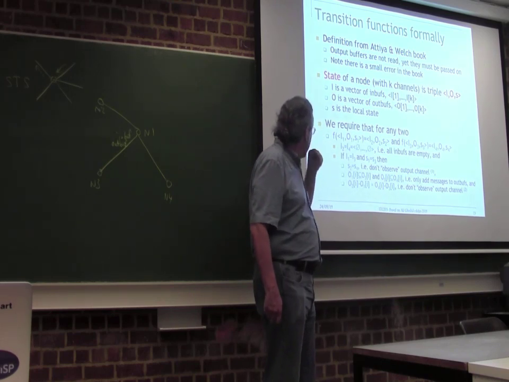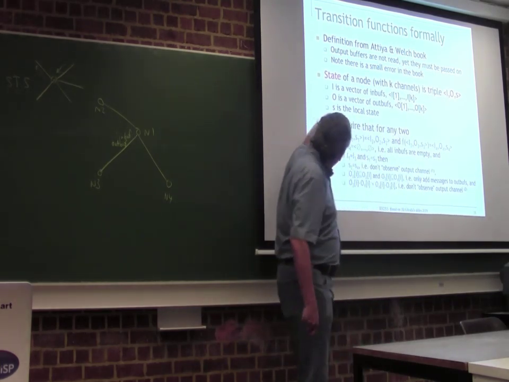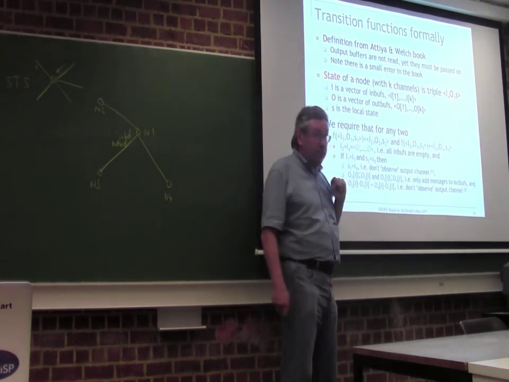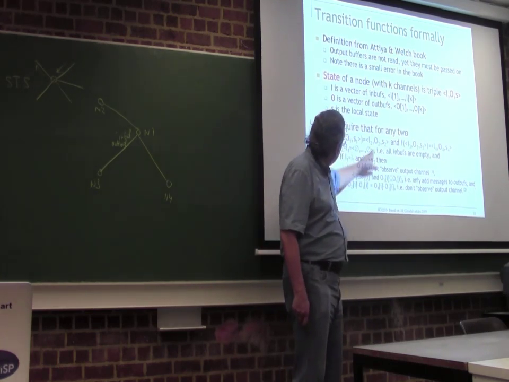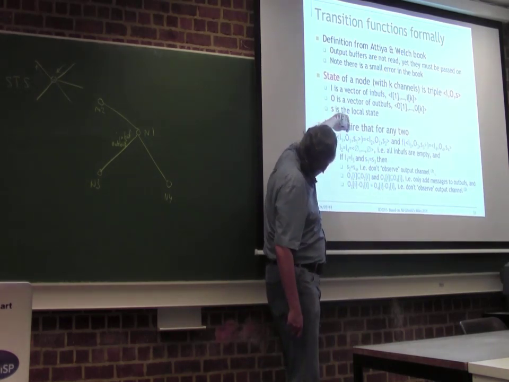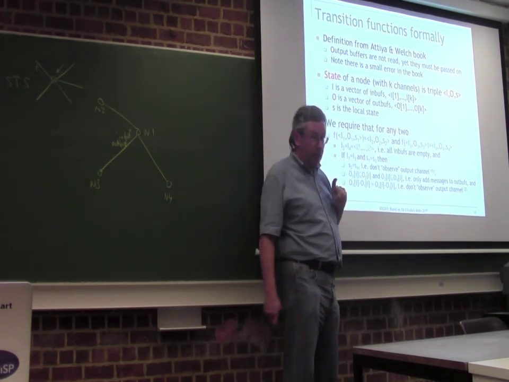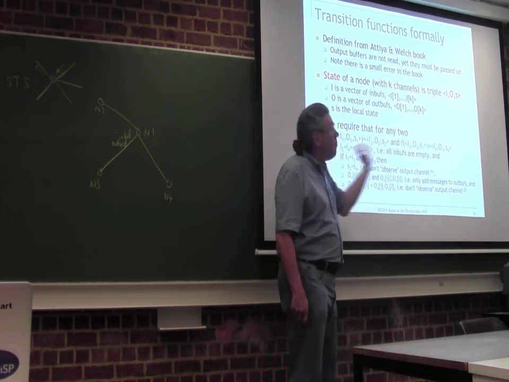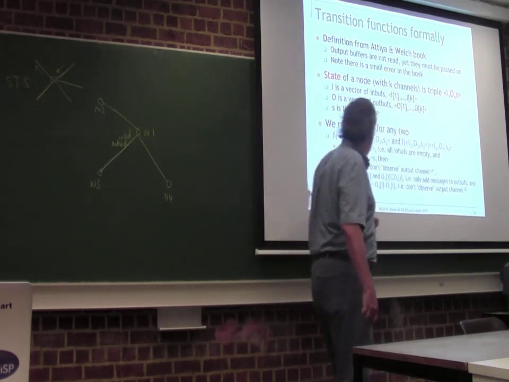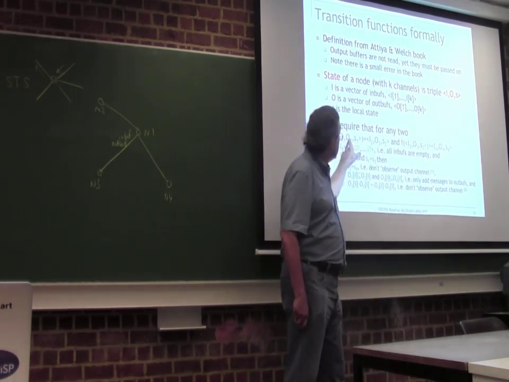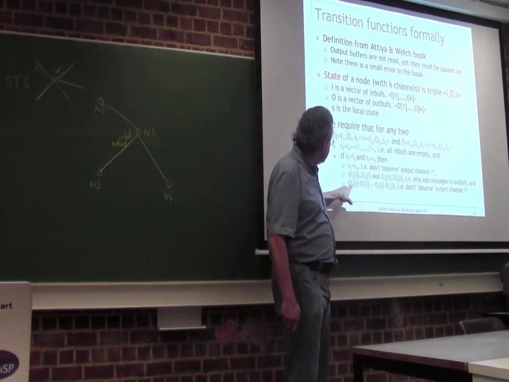Okay? And then there is something about these out buffs that we have to say, because the function can add stuff to the out buffs. So first of all, O1 will be a subset of O2. So all the messages that were already in the out buffs in the beginning will still be in the out buffs after the transition, but there might be more messages. O1 is a subset of O2, and O3 is a subset of O4. So we're only adding messages to the out buffs.